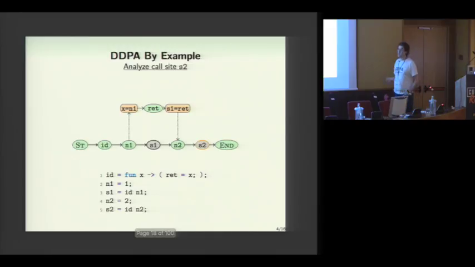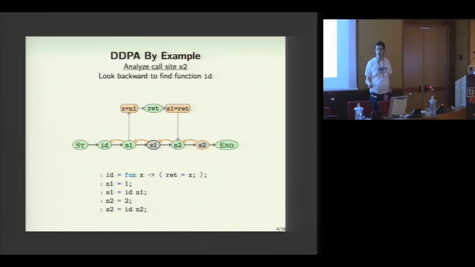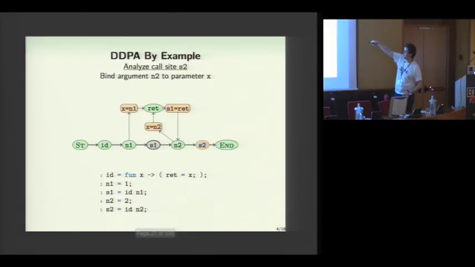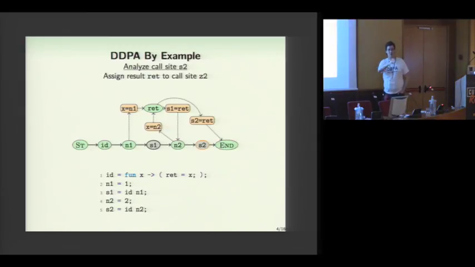At this point, I've finished analyzing call site S1, so I'm just going to repeat the same process for S2. I look backwards. I find the definition of this function ID. Oh, look, it's the same body. Now note, I'm not copying the body in the graph at this point. I'm just wiring in to that point in my program, and then wiring back out again, the same as I did before. Okay? And I'm showing this example to give you an idea as to where we're coming from with